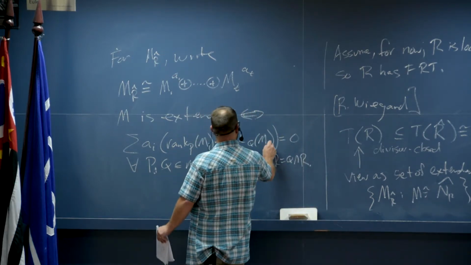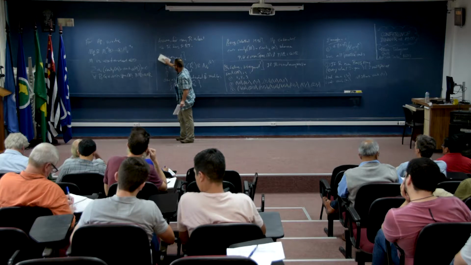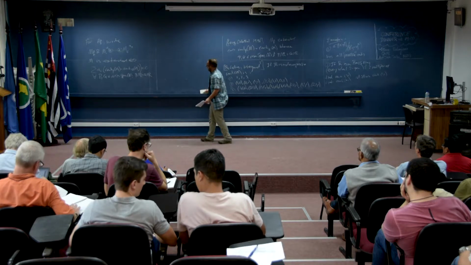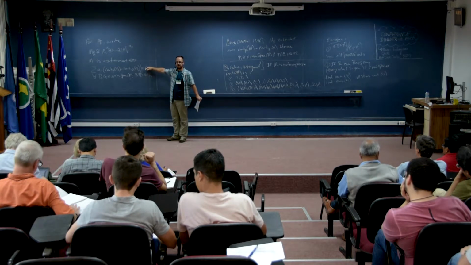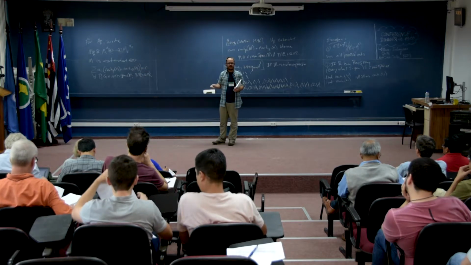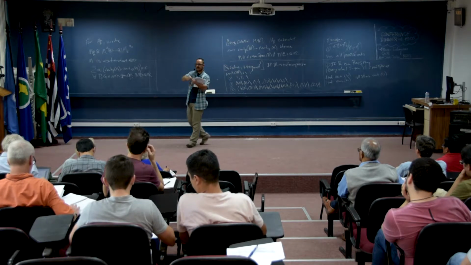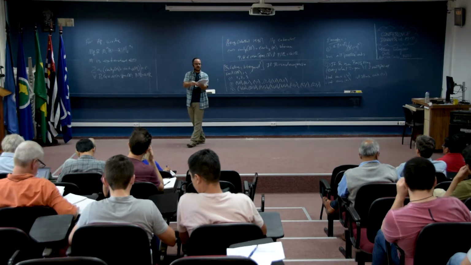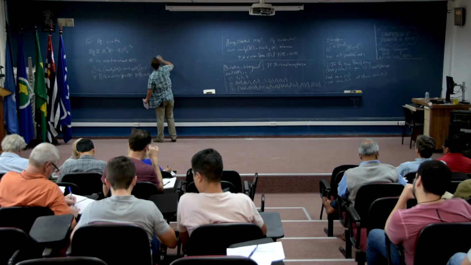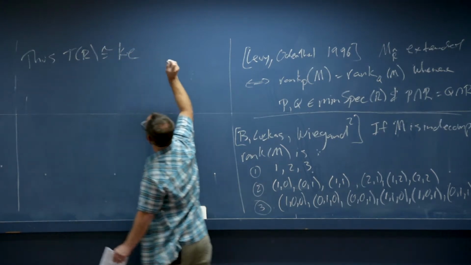Yes, thank you. Those are the ranks of the MIs corresponding to the AIs, right? So whether or not the module M is extended depends entirely on a set of equations, right? And how many equations are there? Well, the number of equations is the difference between the number of minimal primes of R and the number of minimal primes of the completion. So if you start with a domain, then you have a lot more splitting, and that's what causes interesting things to happen. So T of R is a Diophantine monoid, so